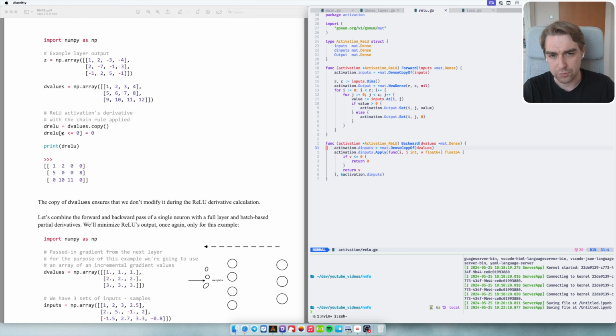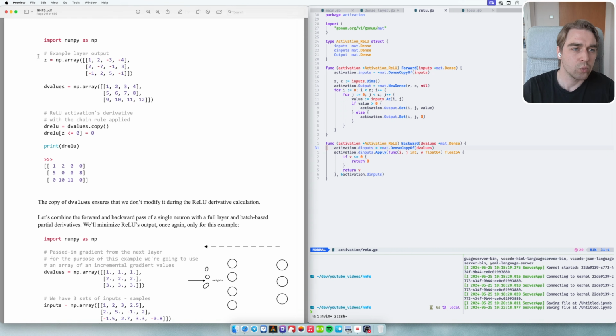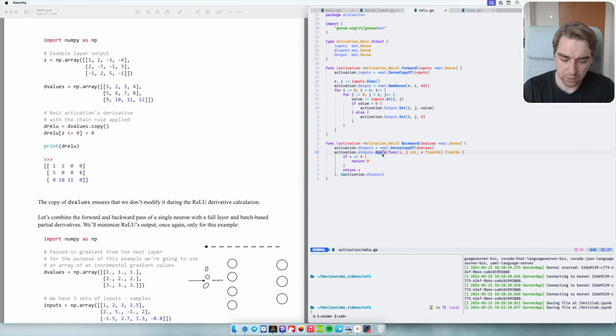So it's rather 0 or 1. And then, first we're taking the input, calculating this derivative, and then we multiply it by the previous gradient. And the idea is that we actually can shorten it and just check if the